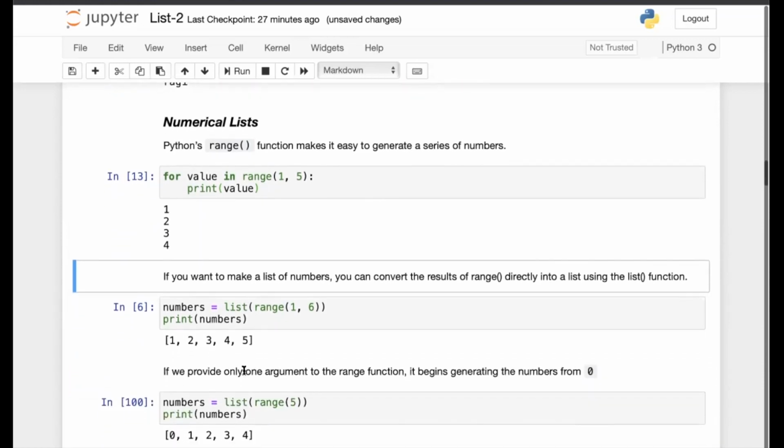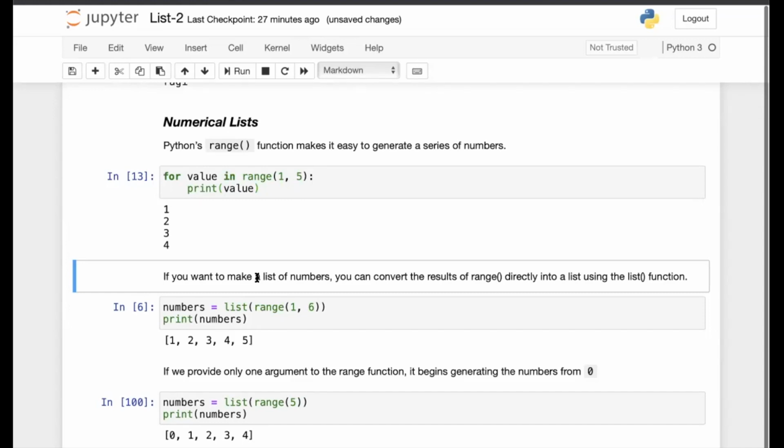If you just want to make a list of numbers, you can convert the result of range directly into a list using the list function. This list method is a Python built-in function, and any collection of items passed to it is converted into a list.